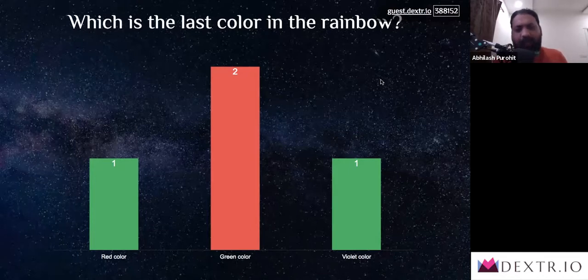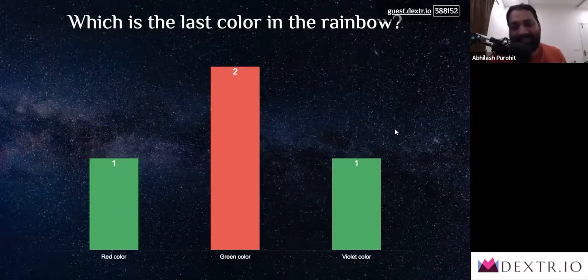As more and more people participate, the graph will adjust and it will show all in one shot what is right, what is wrong. Green is the right answer or answers, and red is the wrong answer or answers. And once you go to the next slide, you're going to see that there is a leaderboard, and 2 people should have scored points, and 2 people should have scored 0 points. Let's go now to the next slide and see what happens.